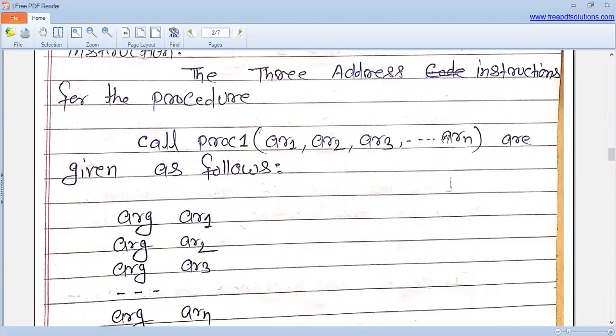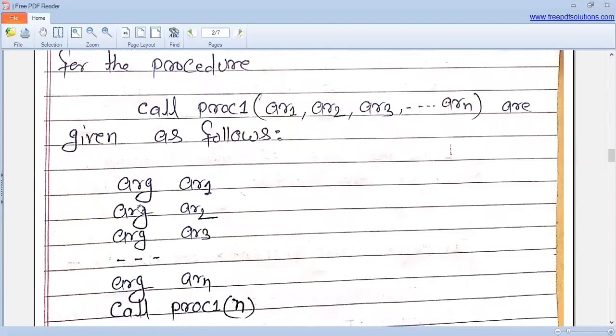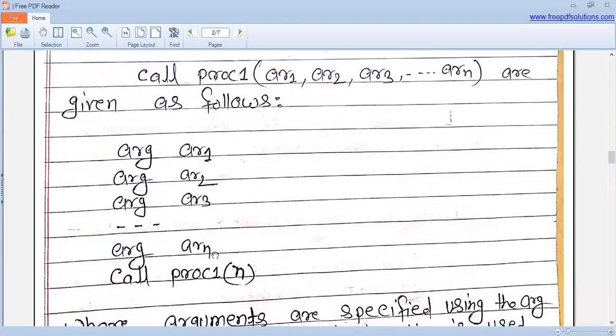When we write the three address code for this procedure, ARG represents the argument. Argument 1 may be X, so we write X here. Then next is ARG AR2, and the third instruction is ARG AR3, up to ARG ARn.